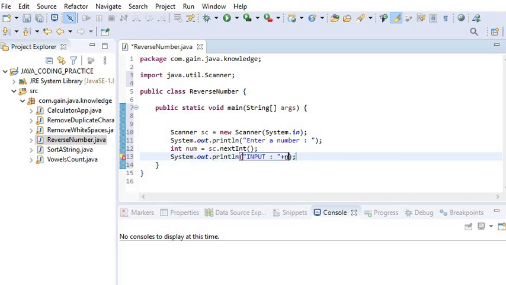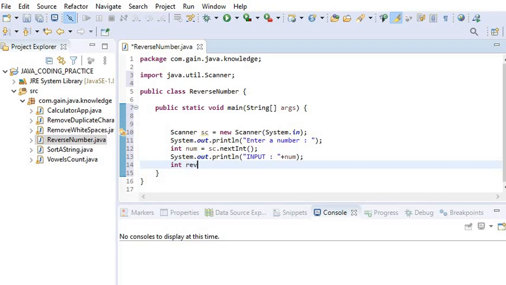The next step is to initialize reverseNumber, which will be 0, and now I need to use a while loop to perform the iteration. The while loop will continue as long as the number is greater than 0.